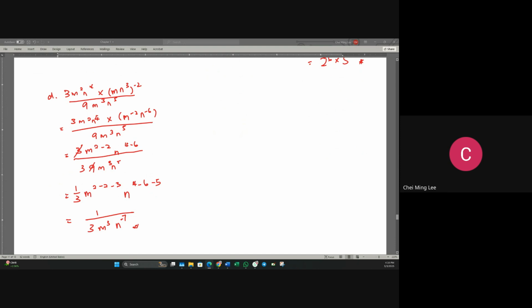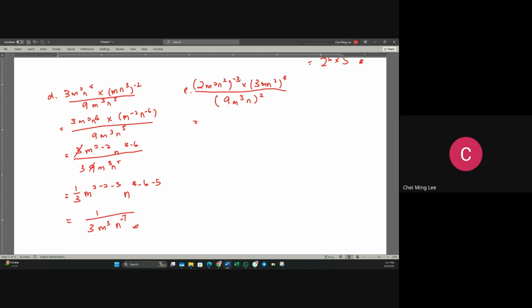Okay, so let's continue with E. 2m2 n2 holding -3 times 3m n2 to the power of 4 divided by 9m cubed n to the power of 2. So this one you will get,